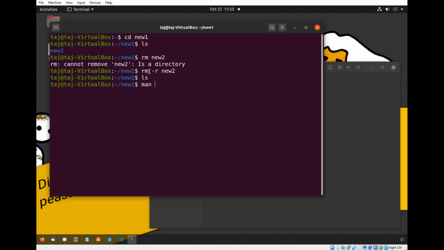Say for example, I want to know what type of arguments are available in rm, or say I forgot what this rm does. Okay, I just remembered this command, so I want to know what rm does. All I have to do is say man space, then the name of the command, which is rm. Now man stands for manual. So this will give us the complete manual or the documentation for this rm command. So see,